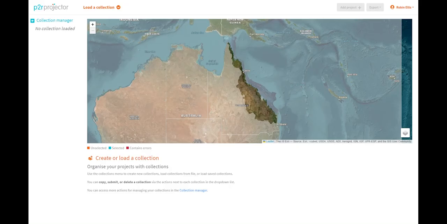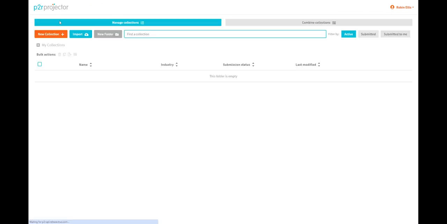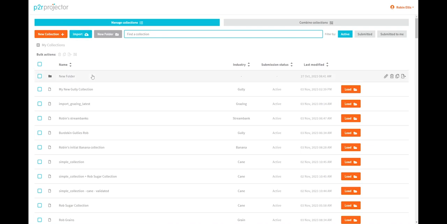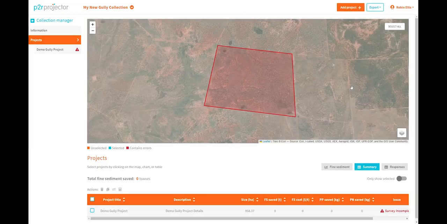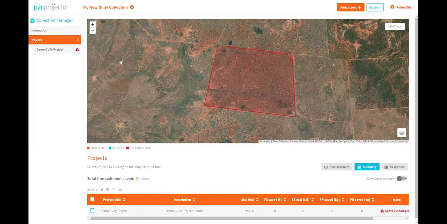In this P2R Projector tutorial, we'll look at the process of populating a gully project through to the level that would give you information on the likely outcome of your gully works, not necessarily through to the complicated detail required for official review. If we navigate through the collection manager to find our collection containing gully projects, and we hit